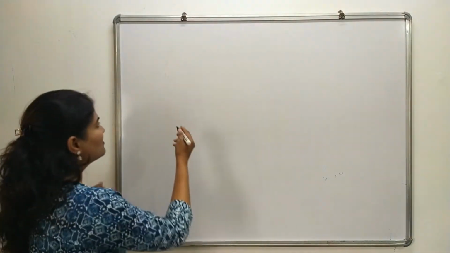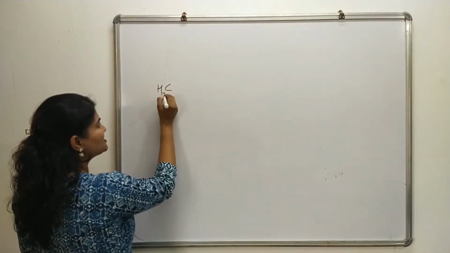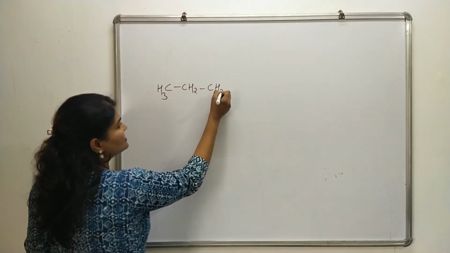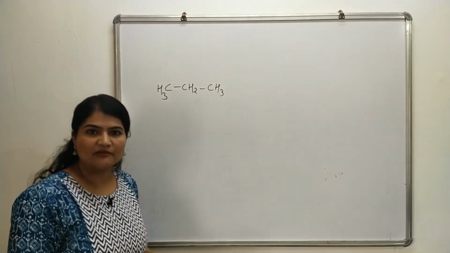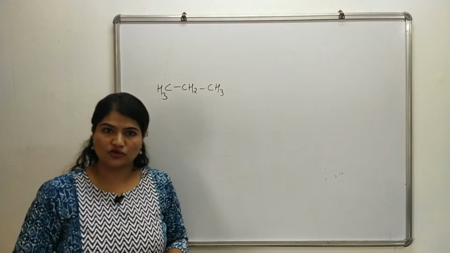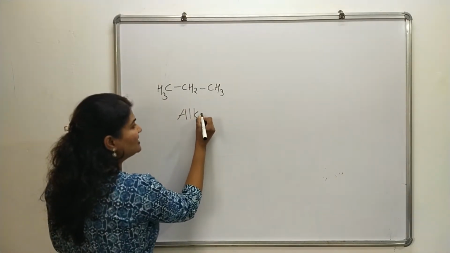In this video we are going to talk about the nomenclature for alkyl groups. Now basically, what are alkyl groups? When we talk about hydrocarbons, the first and simplest hydrocarbons we can think of are alkanes. An alkane is made up of only carbon and hydrogen, so it is a basic hydrocarbon with no multiple bonds. So we are talking about alkanes.